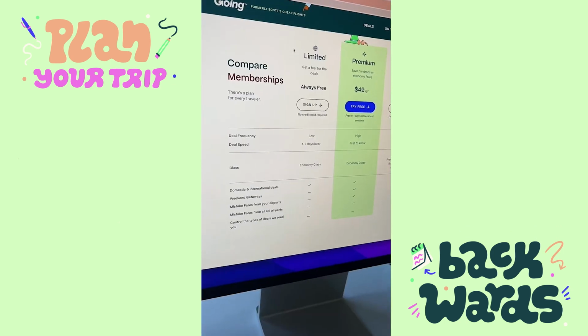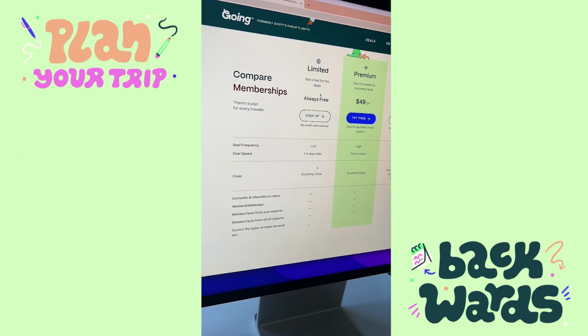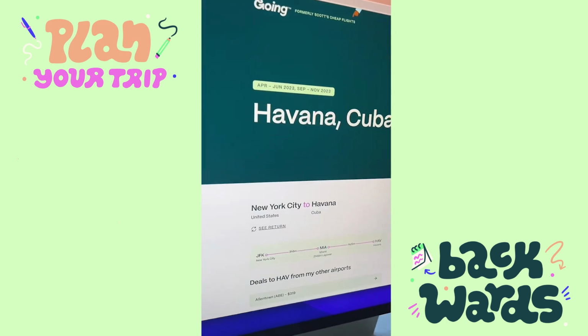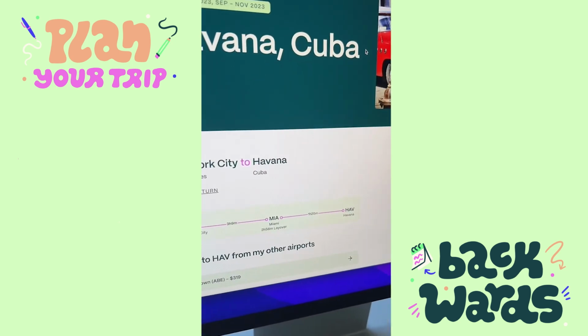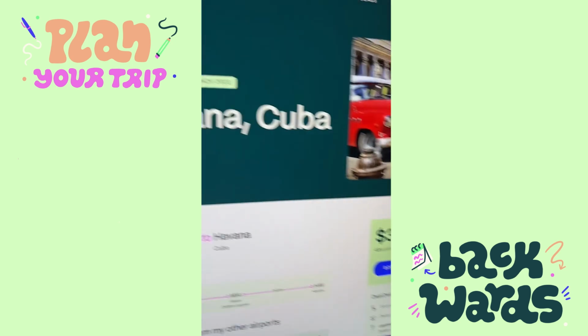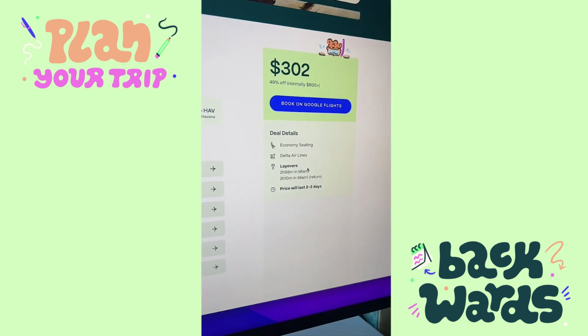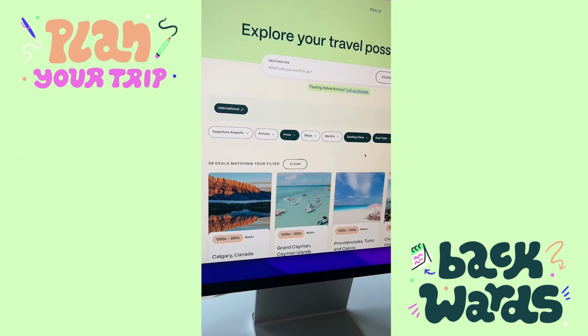Another way to do this is by going to the Going website and signing up for the limited free membership. And then clicking Let Us Choose. And you'll be able to see from New York City to Cuba, it costs $302, and we'll let you know the dates up here and then tell you the airline and how long this deal will last. Another way to do this is by